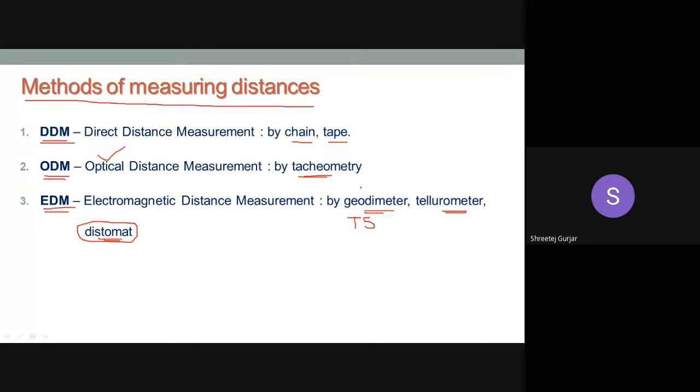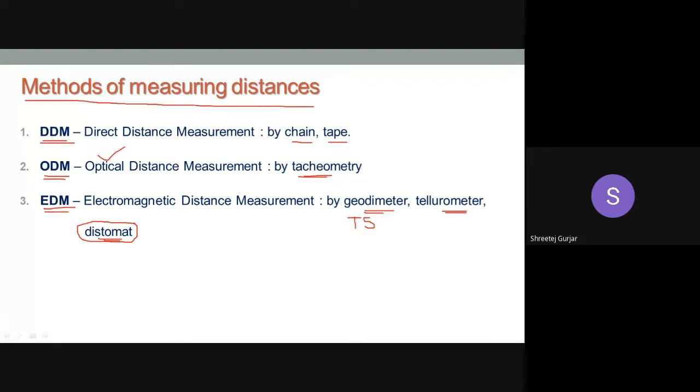Okay, so can you tell me whether up till here it is clear, or whether you have understood the various methods of measuring distances? Very, very interesting topic. Right, so in the field, you will be using these instruments. The regular instruments like your theodolite and all are outdated. No one uses these these days. But for some governmental works, nowadays also they use these dumpy levels and all. But auto level and all is used for transferring levels. But for any distance measuring, usually they go for these electronic ones. Okay, so I hope it is clear.